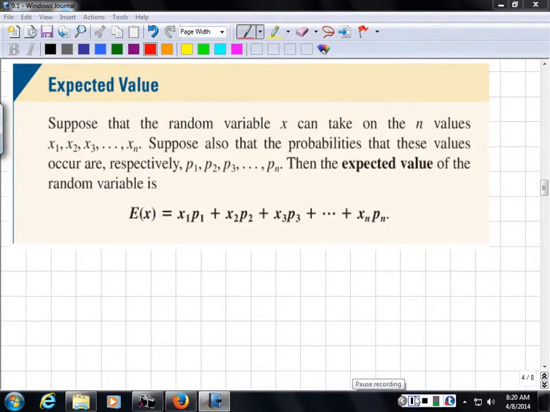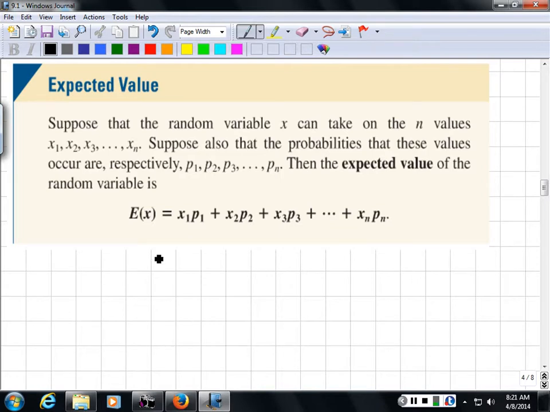Basically what expected value is, when you take the first event, multiply it by its probability, add to that the second event, multiply by its probability, add to that the third event, multiply by its probability. You do all of those until you've accomplished all of the events. Now,